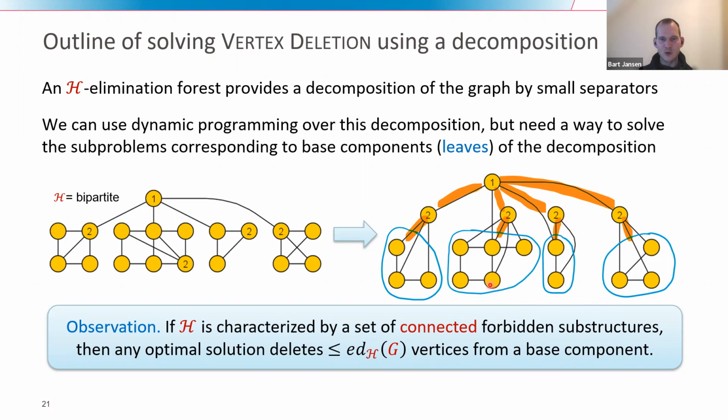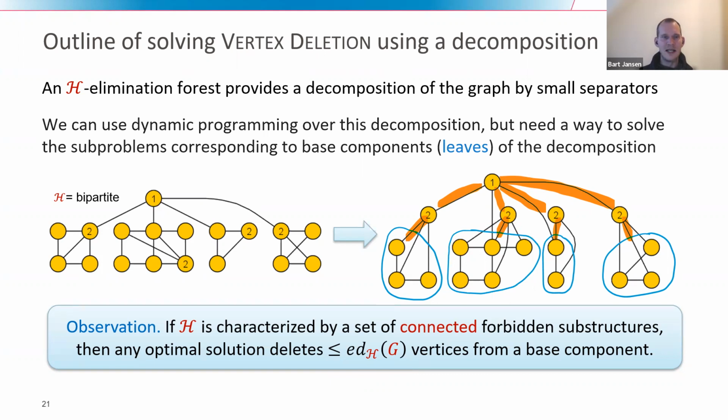Intuitively, if you would delete a number of vertices here, you could also make a solution by deleting all of its ancestors and not deleting any vertices here, because we are guaranteed that these base components themselves belong to our target graph class. And hence, the exchange argument that you get shows that the number of ancestors, which is equal to the elimination distance of your graph, is an upper bound on how many vertices opt will pick out of